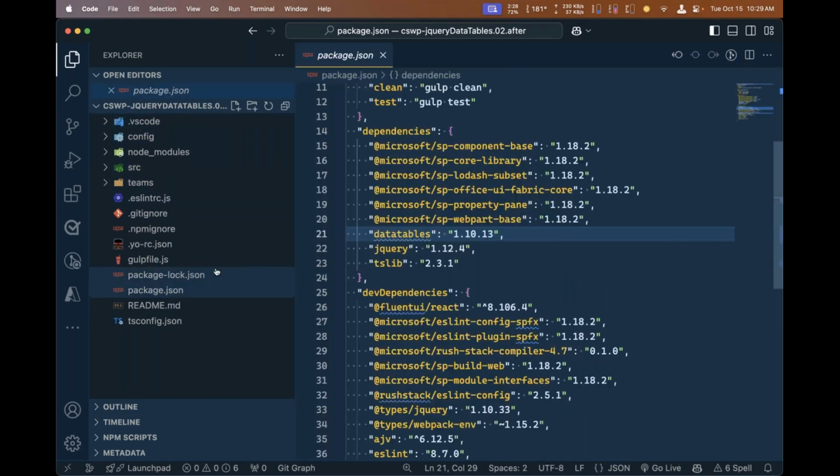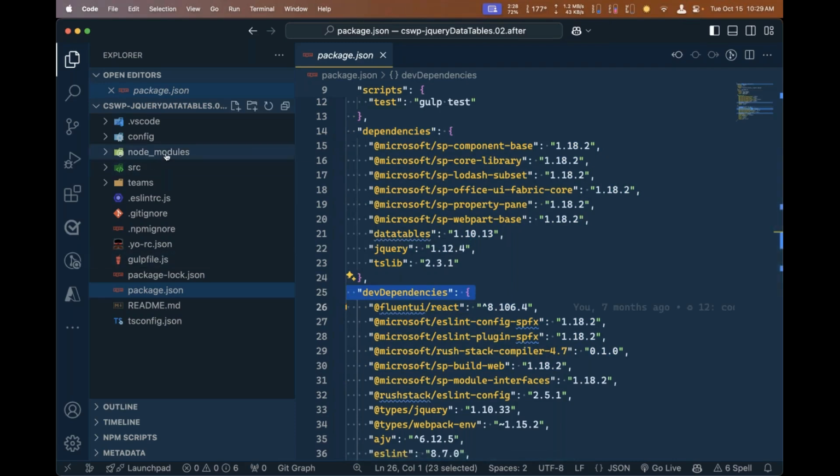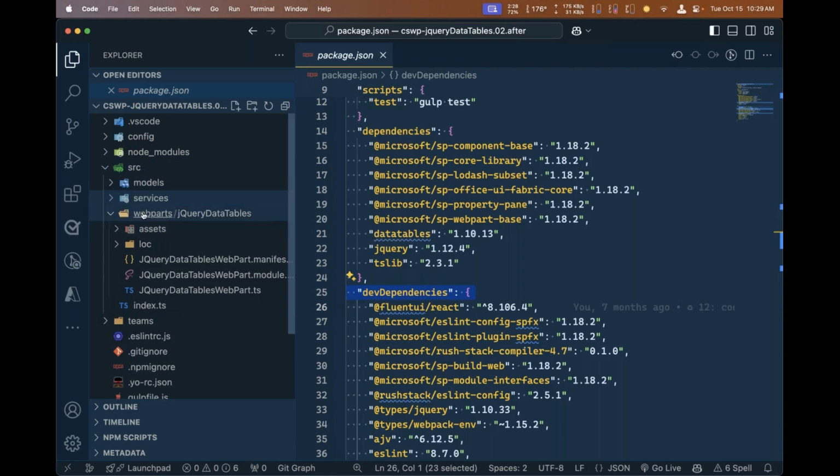All that stuff that it downloaded that it needed for our project to run, that's all defined in the package.json file, the same way it is with all other node-based projects. And it just downloaded all the stuff that you see highlighted from the dependencies and devDependencies sections into the node_modules folder. That's what all that stuff is installing after I created the project. But if I look at my web part here, what my code looks like, I have a folder here under